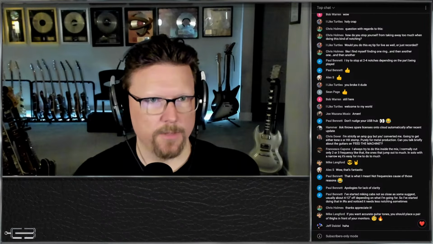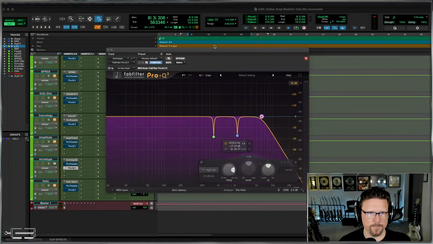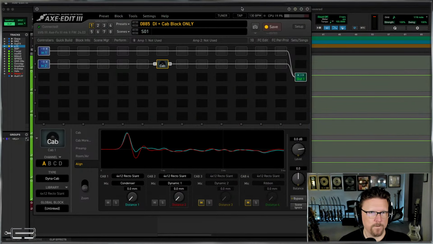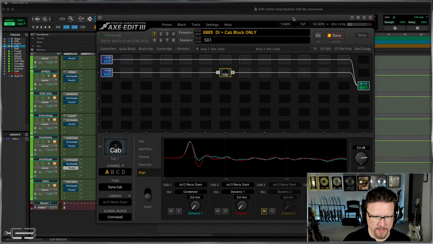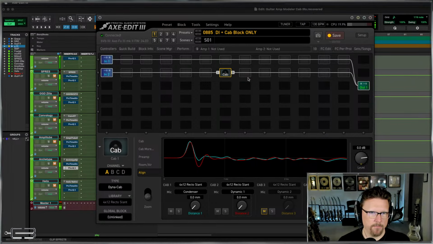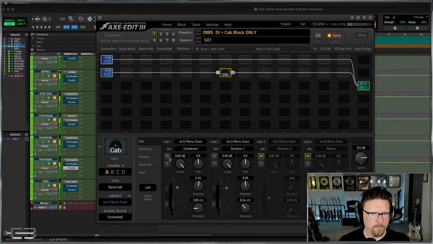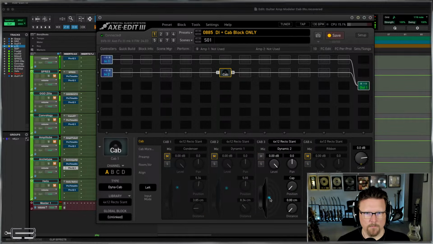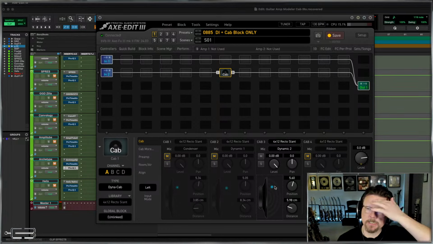Well, let me pull up the Fractal real quick here. So I've noticed, okay, I'm switching the audio. So now we're hearing the Dynacab. So I've noticed with the Dynacabs and specifically, you could apply this to any of these sorts of plugins, but I have noticed that my favorite sounding spots